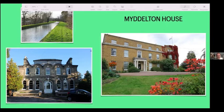But their daughter, Anne Sarah, who'd inherited the house, married a chap called Edward Treacher. In fact, her sister also married a Treacher. And the deal was that anybody who was going to inherit Middleton House had to be a Bowles. So they carefully named their son Henry Carrington Bowles Treacher. But when it came to inherit,